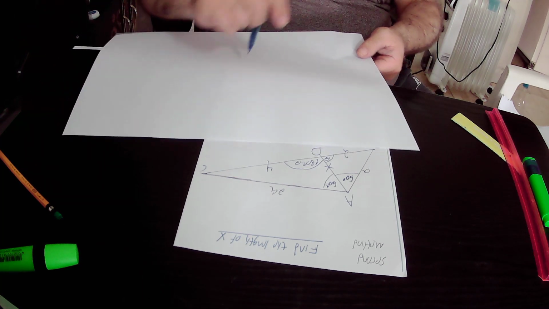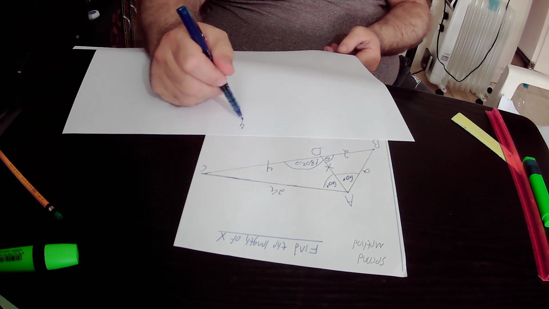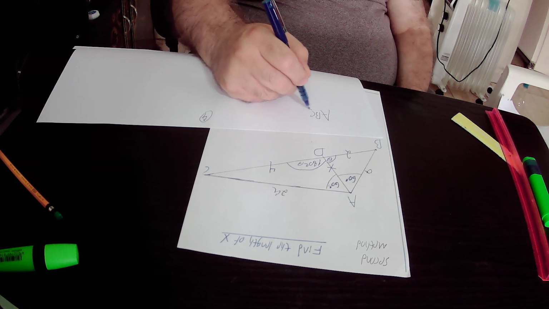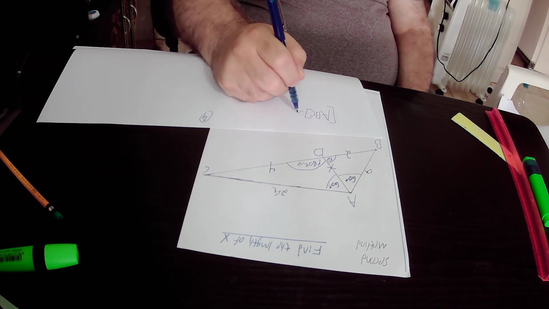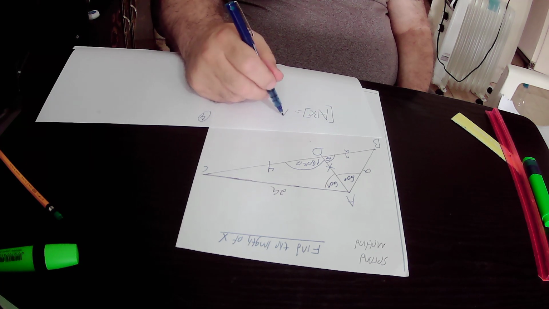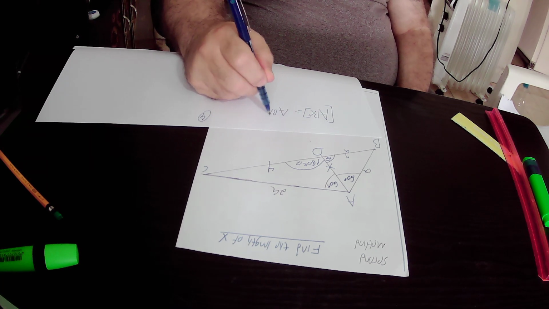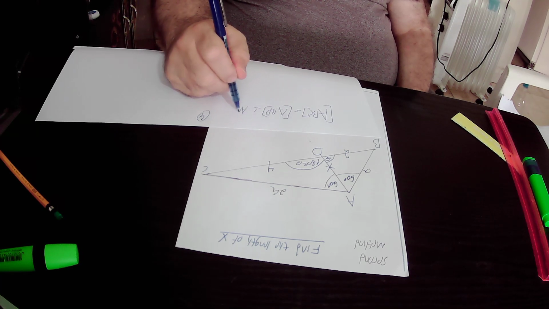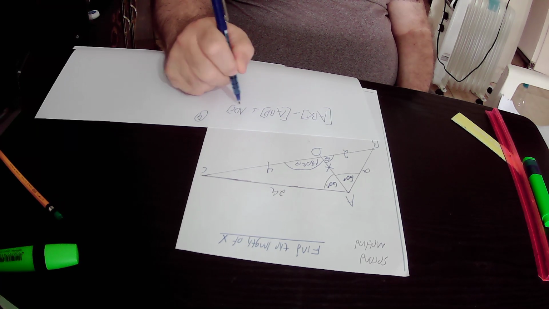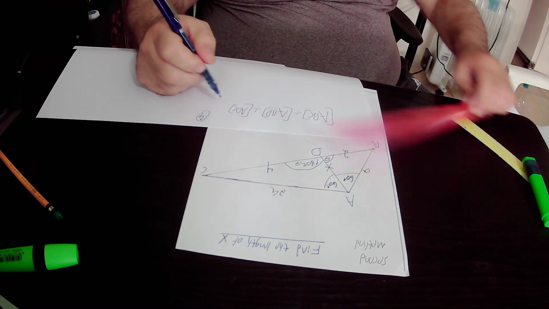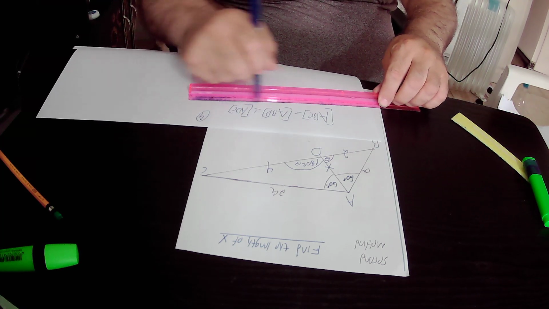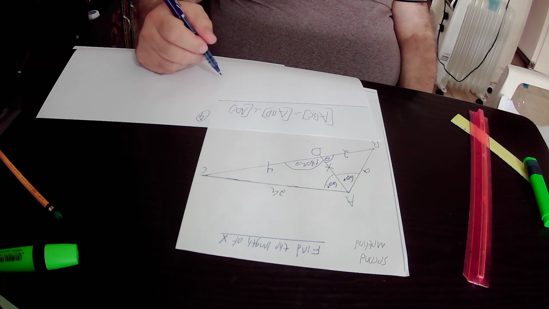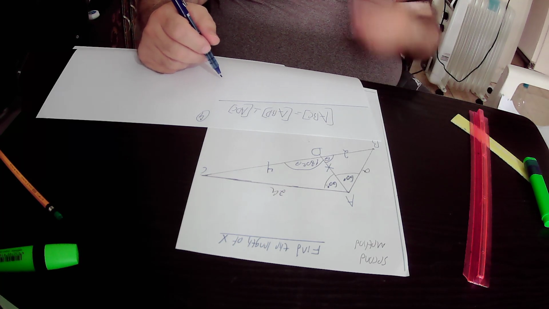From the drawing we can see that the area of triangle ABC is equal to the area of triangle ABD plus the area of triangle ADC. Okay? So according to the new formula for calculating the area of any triangle,